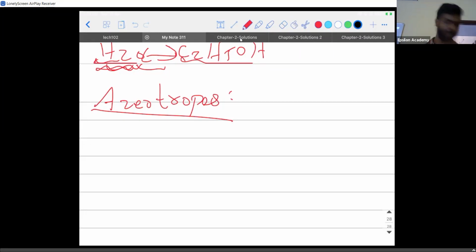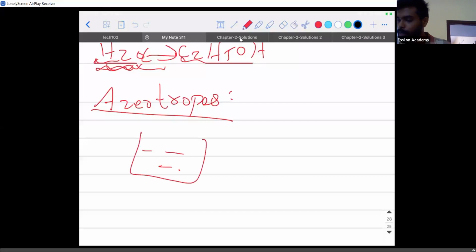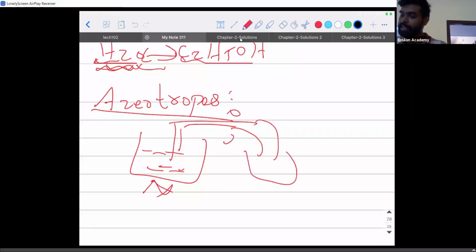Is it not? Say if I have to go back to the lower classes, what I have to do? Say I have a liquid mixture, say water and ethanol. I start heating it. Now what will happen? Remember, the boiling point of ethanol is 70 degrees Celsius and the boiling point of water is 100 degrees Celsius. That we know, right? So the first temperature will reach 70 degrees Celsius. So what will happen? I will collect the vapors. I have a condenser and all that here. I'll cool the gas, right?